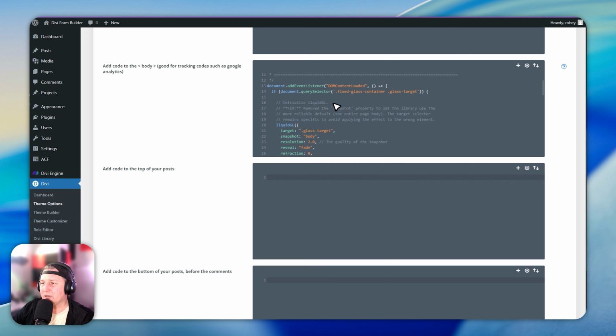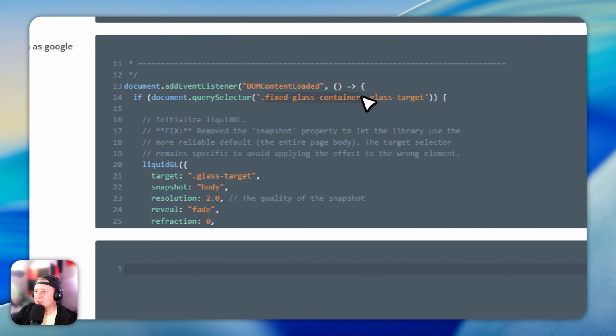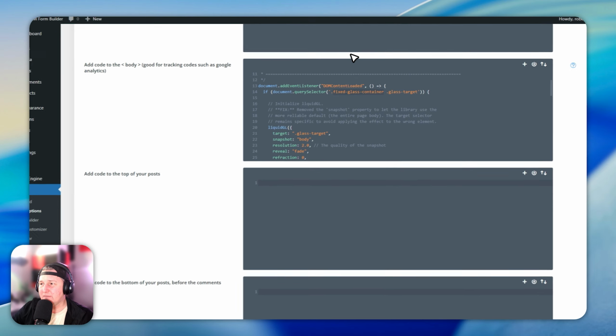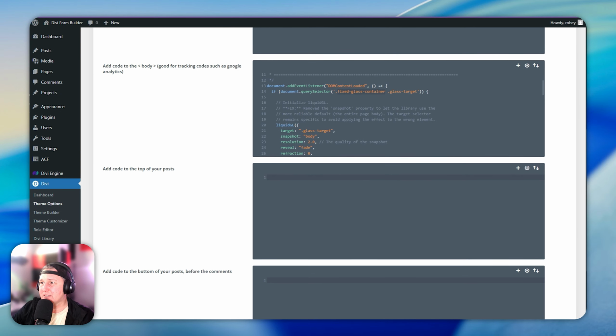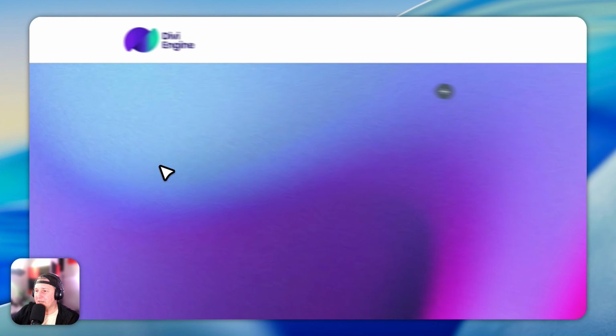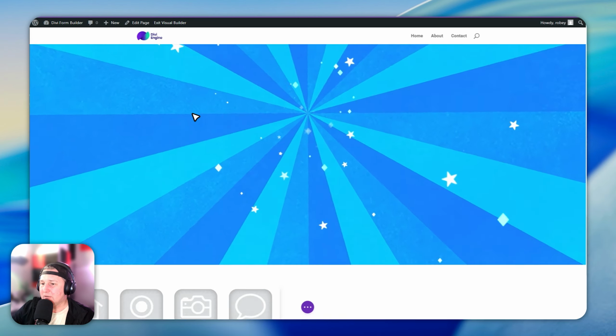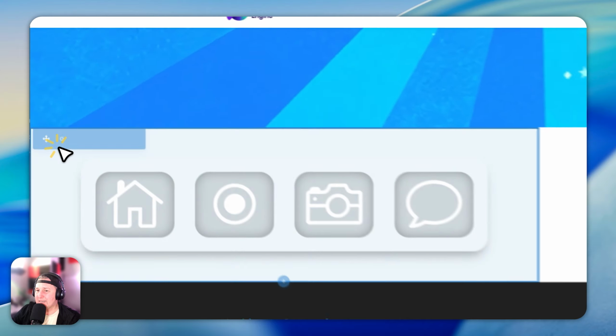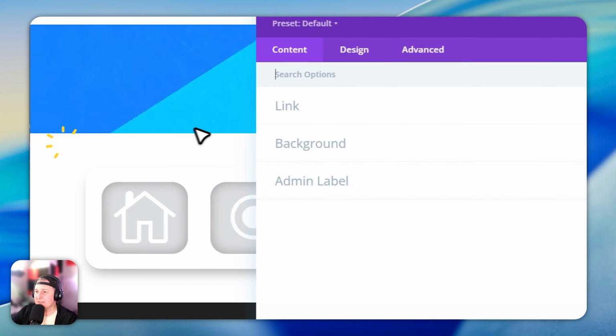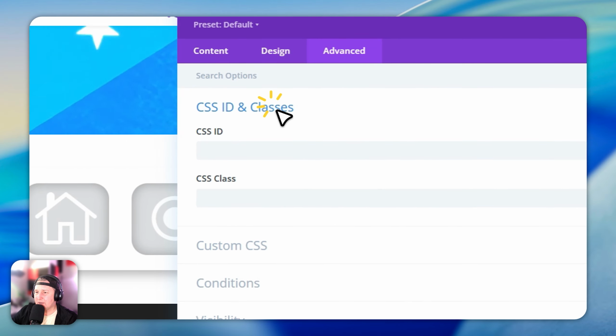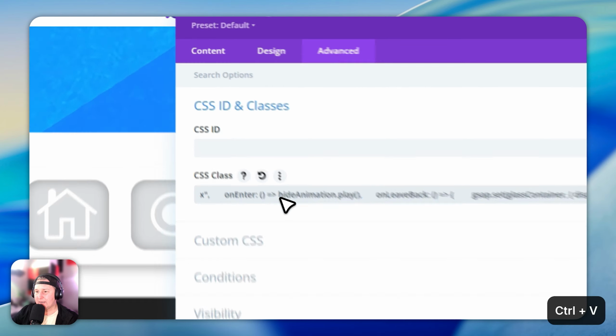The first thing that you do is you go ahead and you initialize the element, which is the LiquidGL. So you go ahead and you specify the classes that you're going to be looking at here. So there's the fixed class container. Now, this is the first one that we're going to be utilizing in the Divi theme. So if you grab that fixed class container and you come over here, you're going to scroll down to, this is where our class is going to be, right? So we want to apply this to that section, and we're going to put it in the advanced tab and